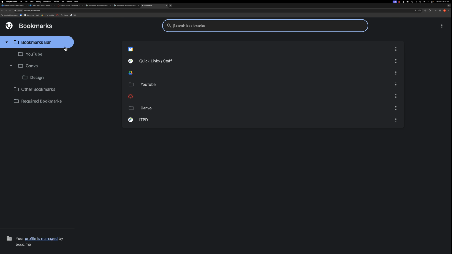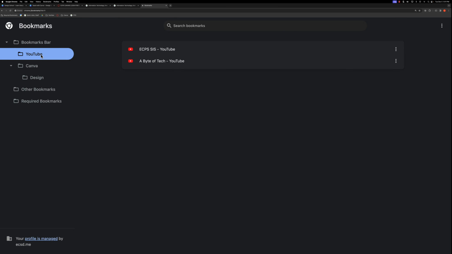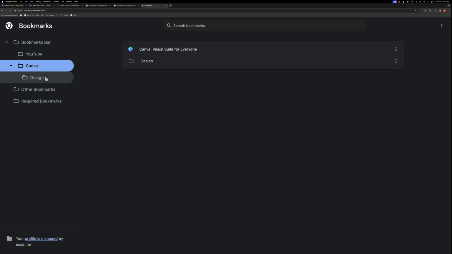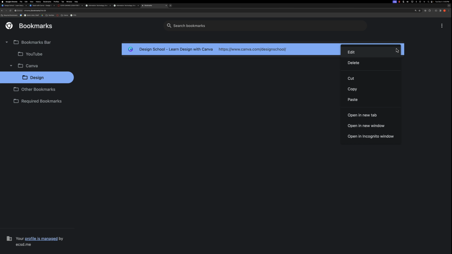Here in the Bookmarks Manager, you'll be able to see all of your folders and bookmarks. You can click and drag them around to reorder them or choose to open them and move the different bookmarks into new folders, as well as clicking the three dots on the right-hand side will give you additional options for each bookmark. Whether you want to delete or edit that bookmark, you can do all of that here from the